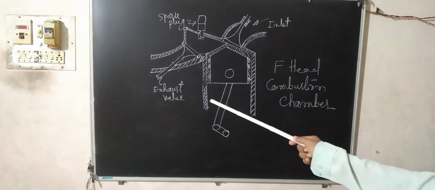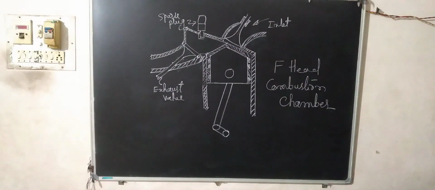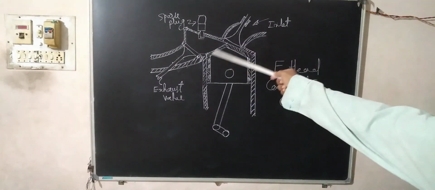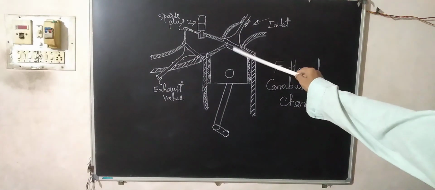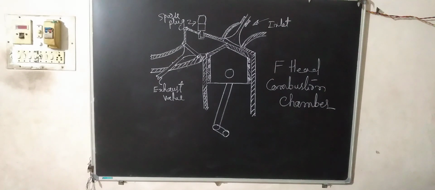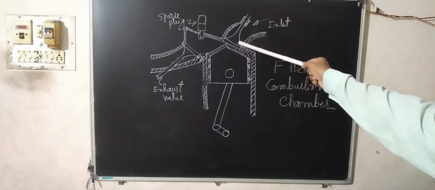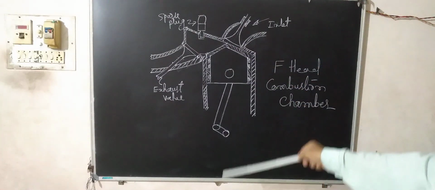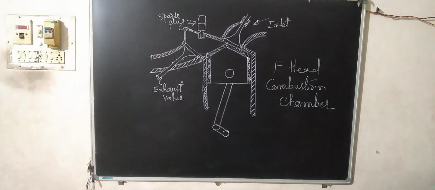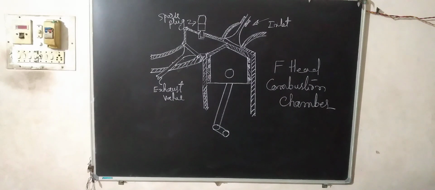Now the piston special feature is that the piston of the combustion chamber has a V shape over here, and the corresponding cylinder head will also be V shaped. The advantage is that usually these kinds of pistons are used for heavy engines, that is, high compression ratio engines. So here better turbulence will be there. Once the air fuel mixture has entered the combustion chamber, the fresh charge has entered. The V shape is given to the piston, so because of that, a better swirl will take place inside the combustion chamber. The turbulence will be better.